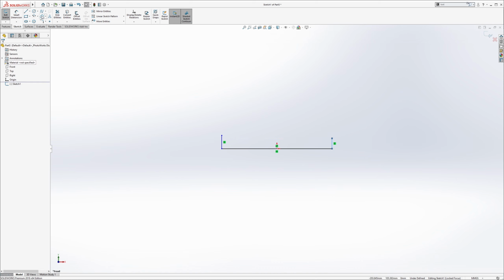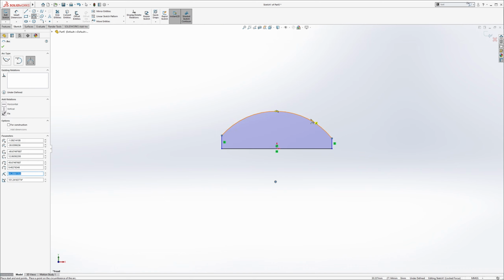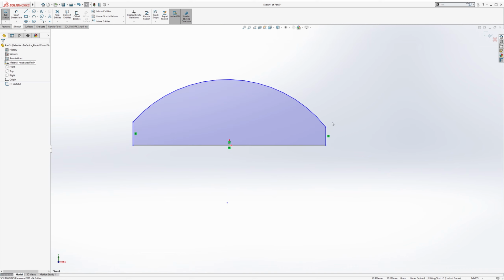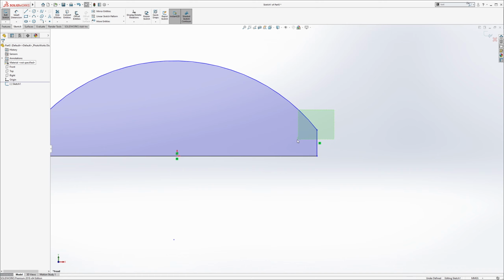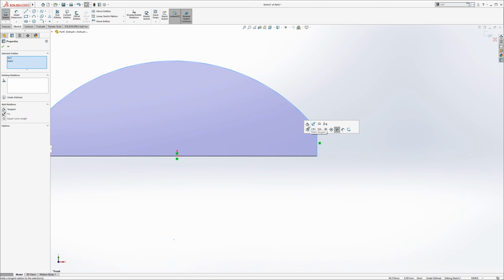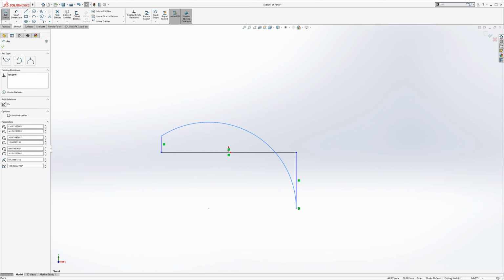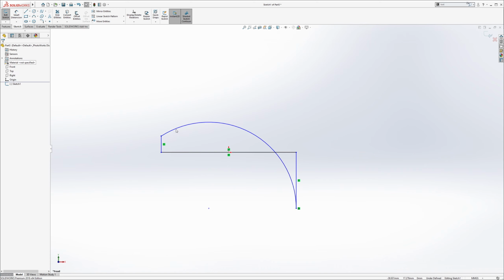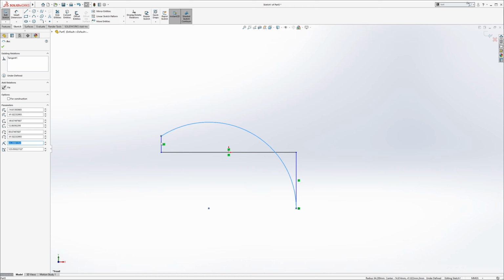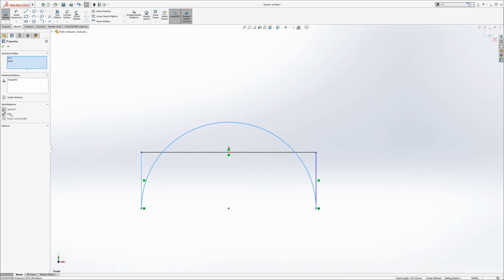In order to do that, we want to go to the drop down menu here and select 3-point arc. Select this node, and hit OK. And now we want to make this tangent. So one way to do it is just to grab and select tangent, or you can select the top radius and then hold control and select the second line and make that tangent. Okay, now we want to just bring this up,